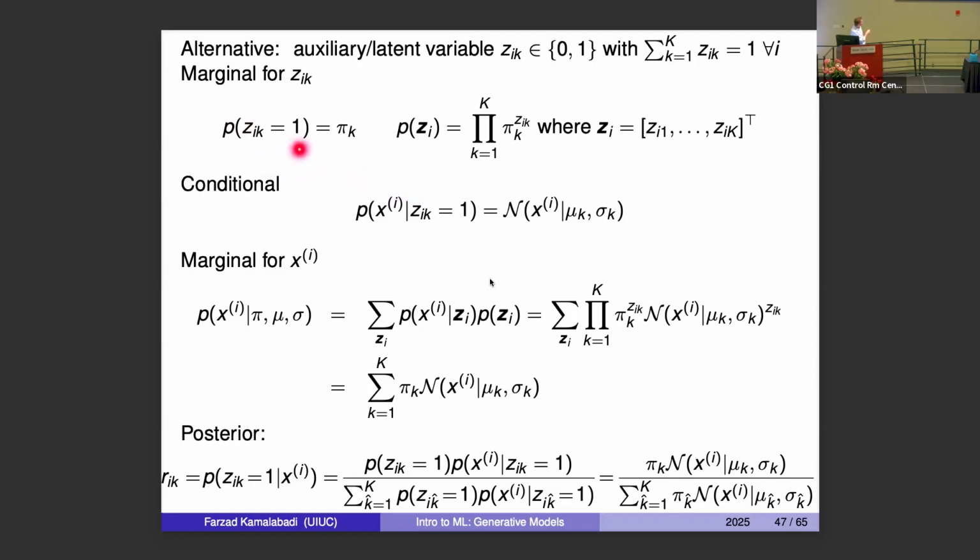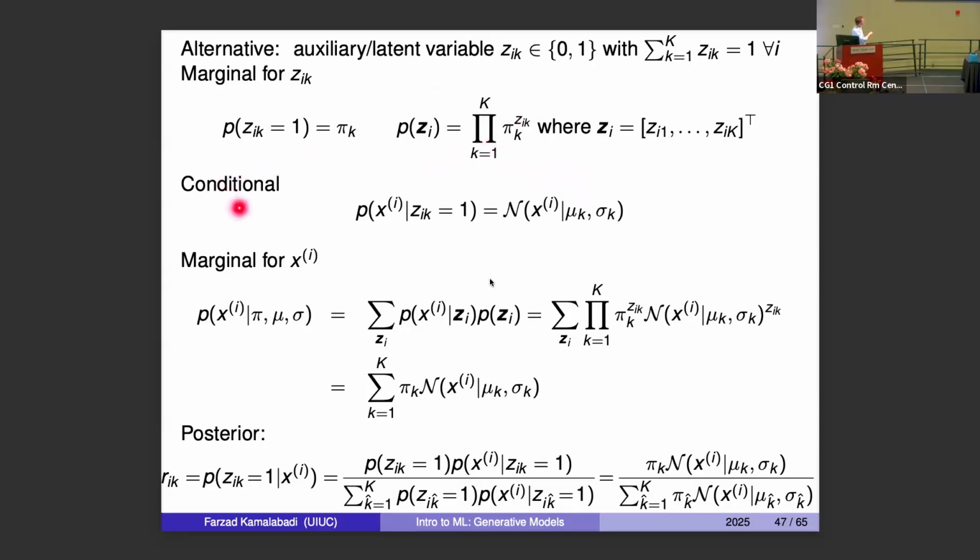So that's basically what we are talking about here. This is equal to 1, and that's what we call pi sub k: the probability of this latent, auxiliary variable equal to 1 equals pi sub k. And the probability of z is basically that pi repeated in repetitions, to the power of k. If I repeat the experiment twice, and each time I have a chance of 1/3, it becomes 1/3 times 1/3. That's all I'm writing over here.